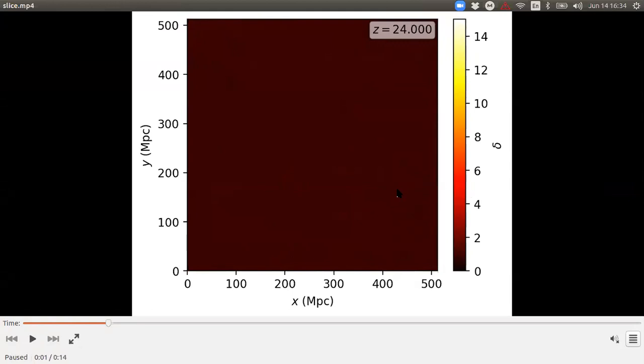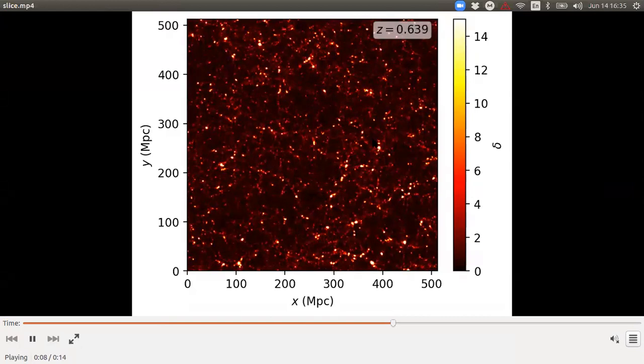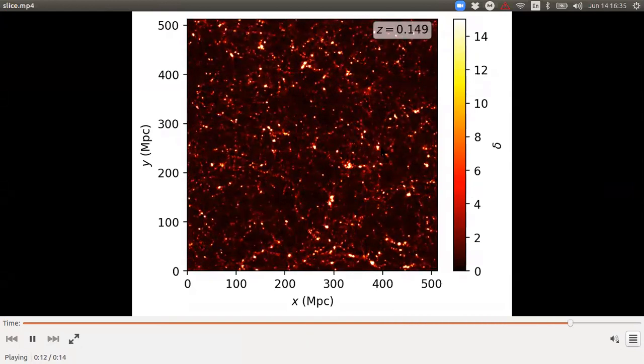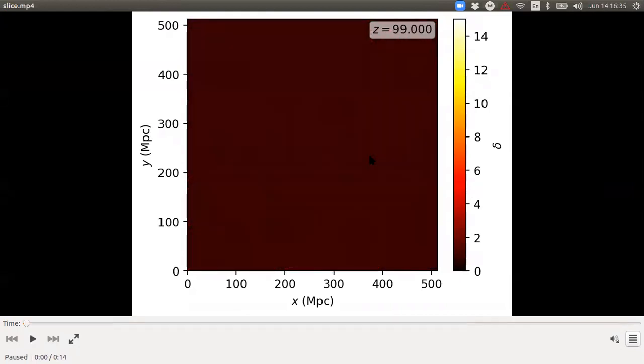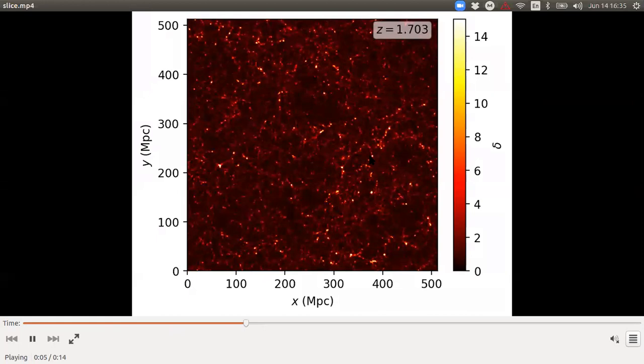If I let it grow, you can see that redshift is changing from here. The portions with the large overdensity get clumpier.